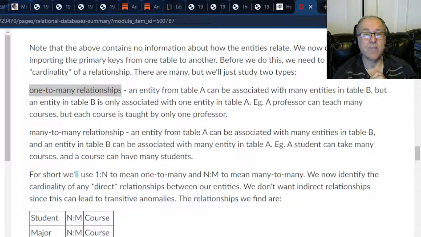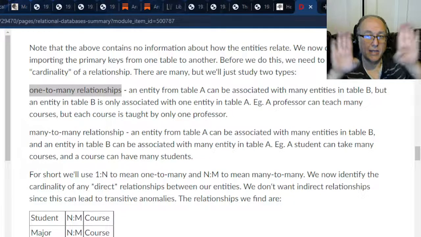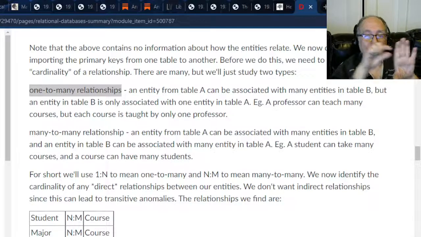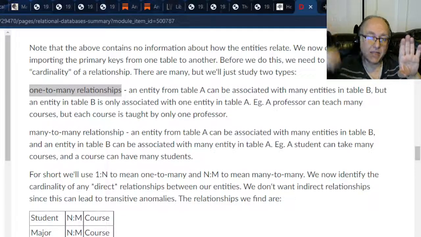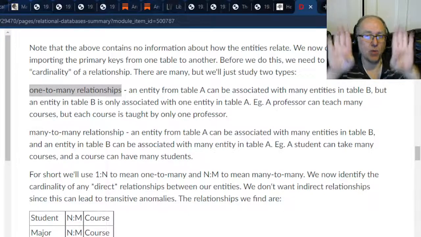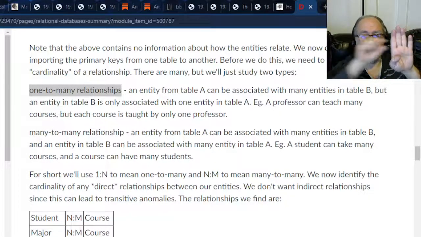And what does that mean? It means that if you have these two tables, let's call them table A and table B, and you say, all right, I take an entity from table A. How many entities in table B does it relate to? Well, maybe they don't relate at all, and that can happen, in which case you don't have a relationship at all. But if there's a relationship between one table and the other table, you say, let me take